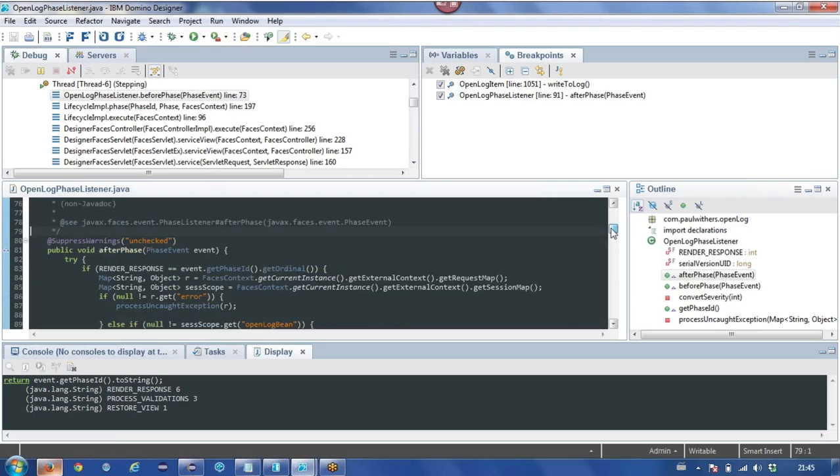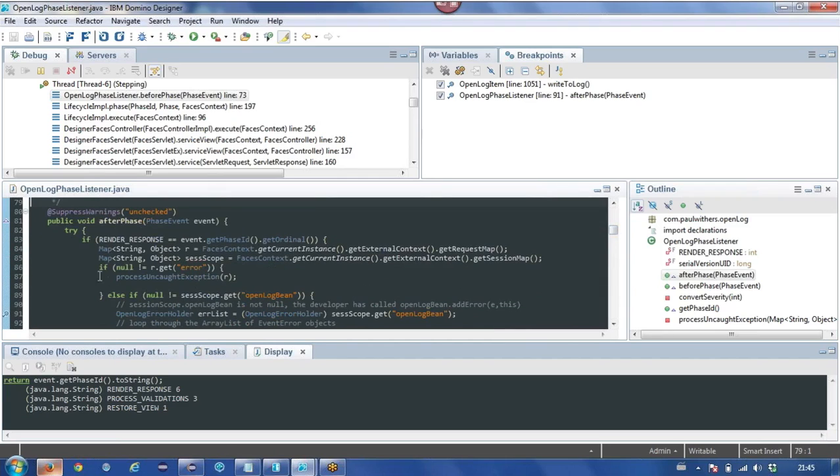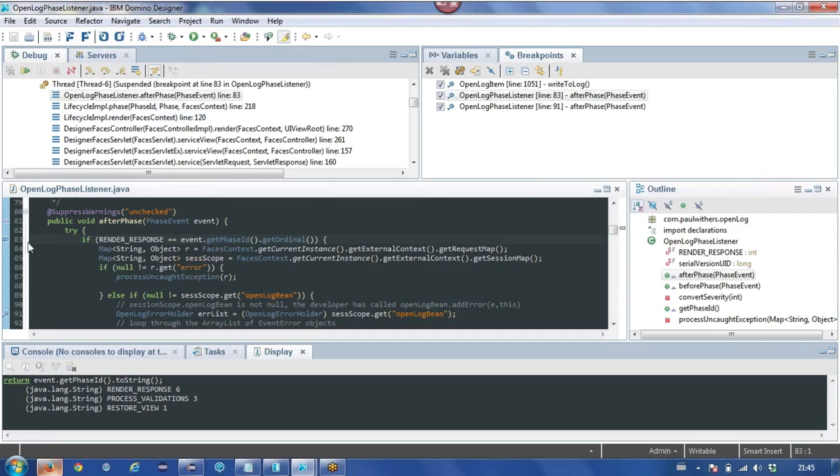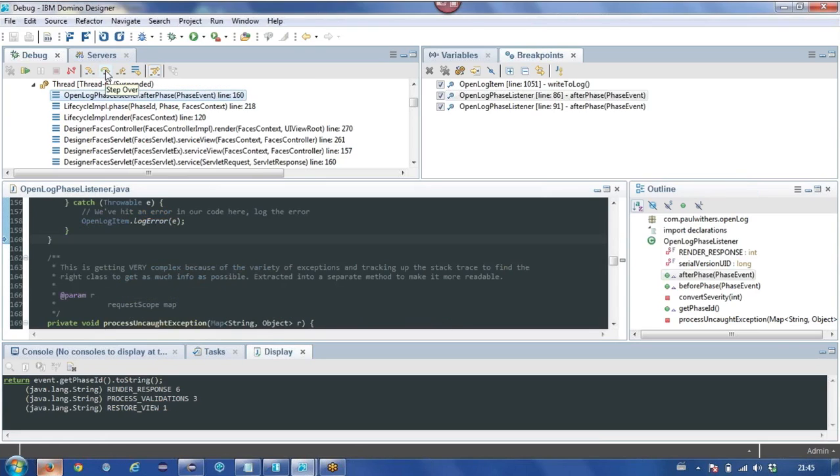So let's add the breakpoint here and just run that again. Actually, let's move the breakpoint a bit further down so that it's not going to hit so much. So now we're seeing that, and again there's no error there.